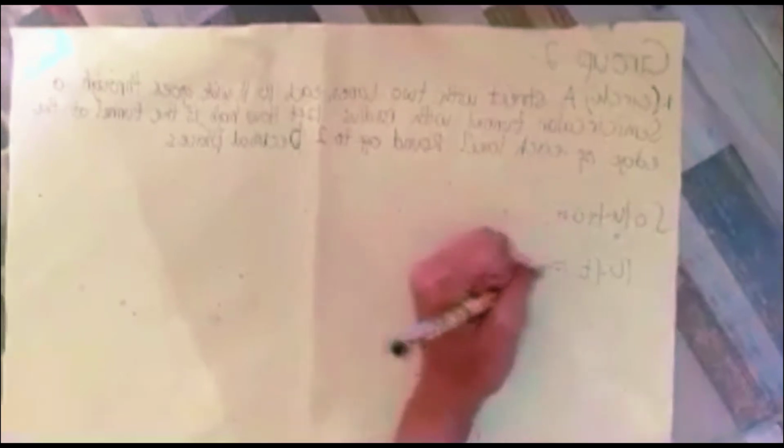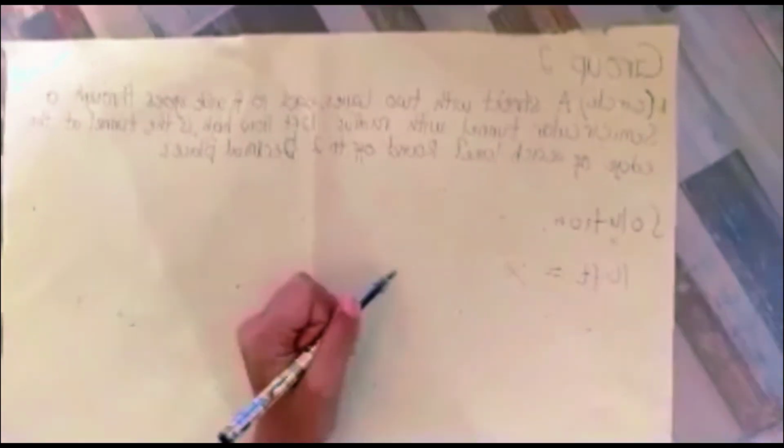The problem is: a street with two lanes, each 10 feet wide, goes through a semicircular tunnel with a radius of 12 feet. How high is the tunnel at the edge of each lane? Round off to 2 decimal places. The solution, according to the statement above: our x is 10 feet, our y is unknown, and our radius